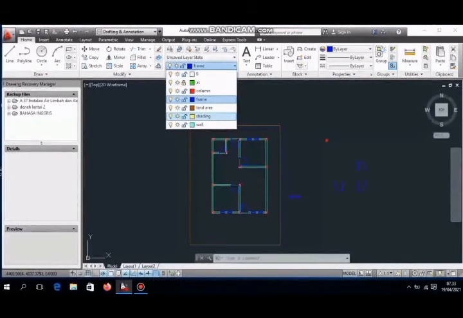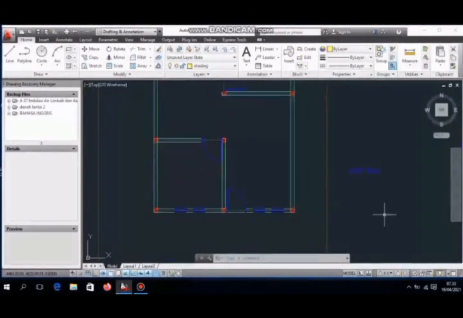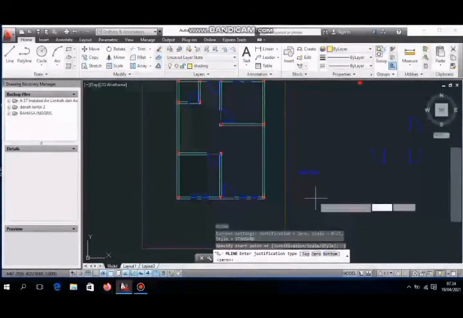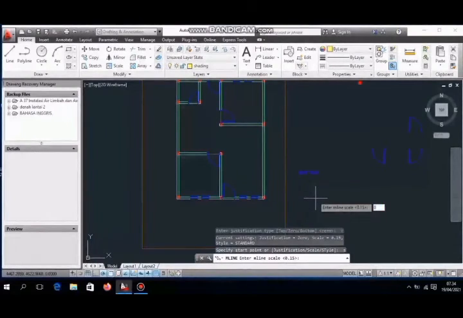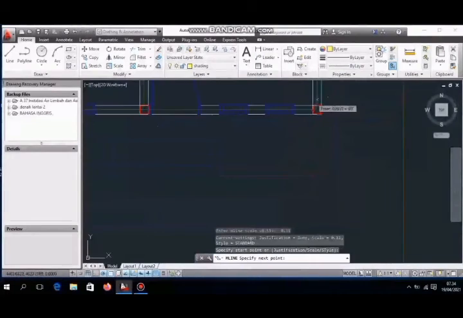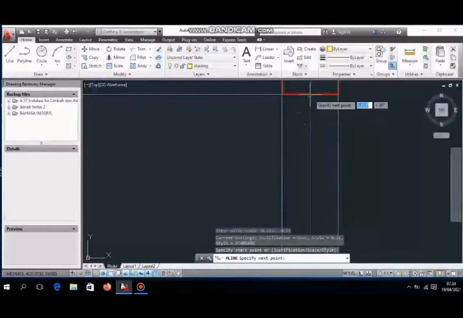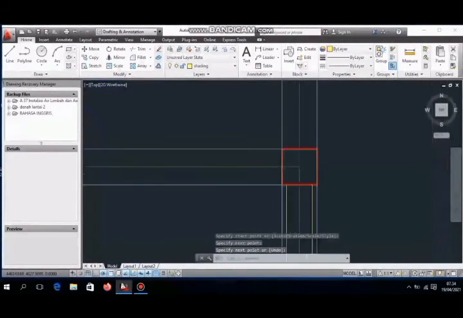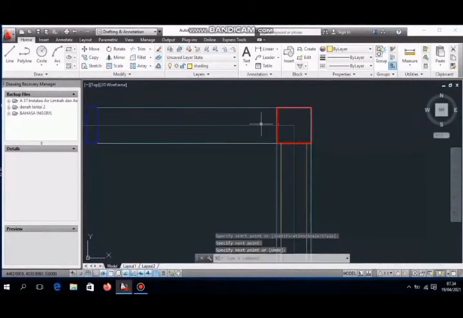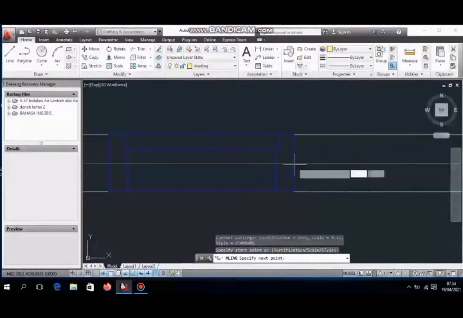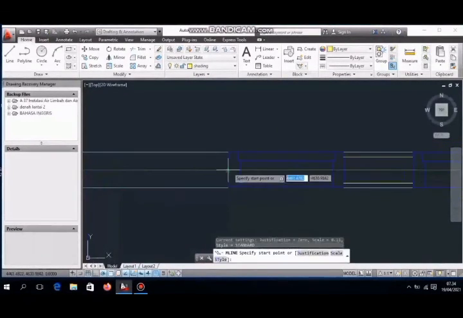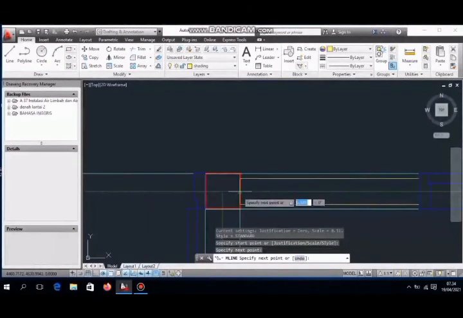Okay, after that we move to the sanding layer. We can use the formula ML enter, J enter, Z enter, S enter, and enter the size. Space, space, space, space.